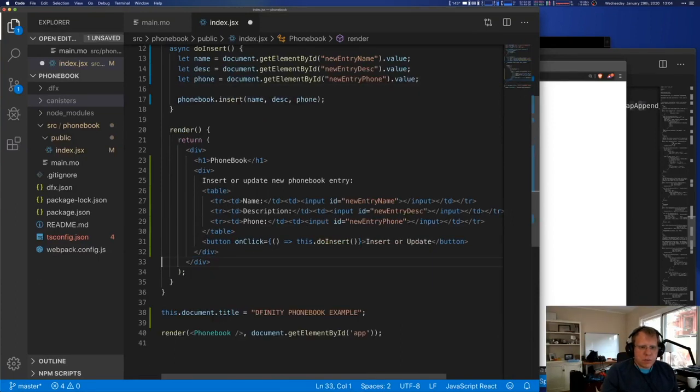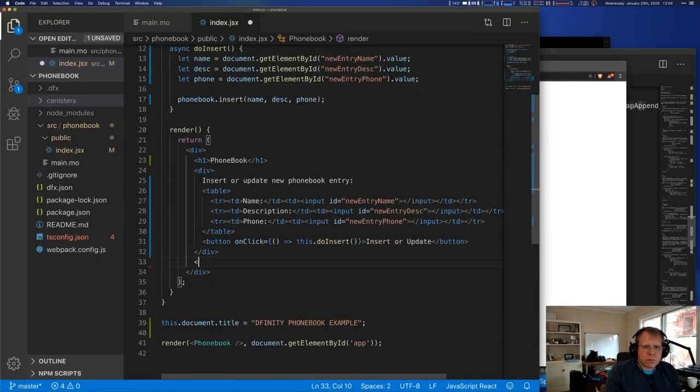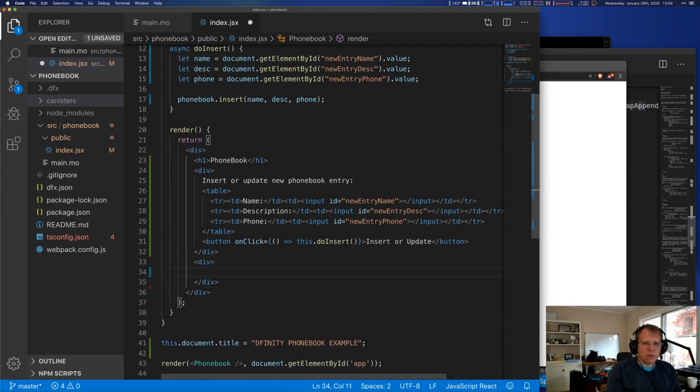Now we can remove this, and we can do another here, which is lookup name, input, ID equal lookup name, and